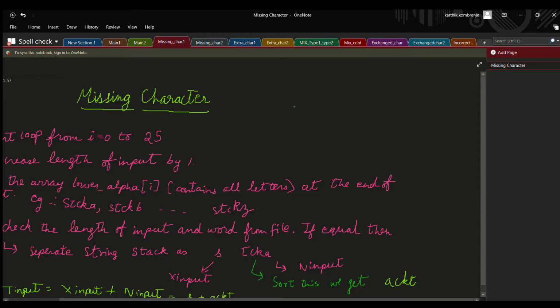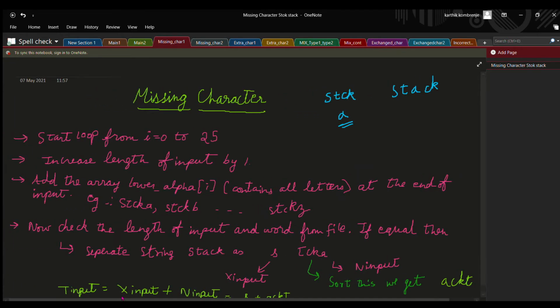So if the given word is incorrectly spelled, for example, if I type STCK instead of STACK, here A is missing. So in these types of cases, what we do is we start a for loop where i is equal to 0 to i is equal to 25, and then increase the length of the input by 1.